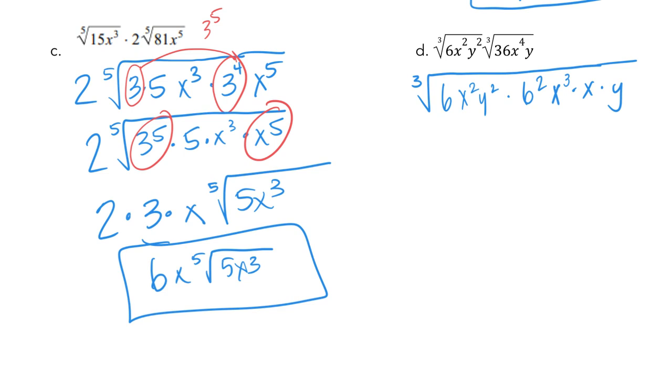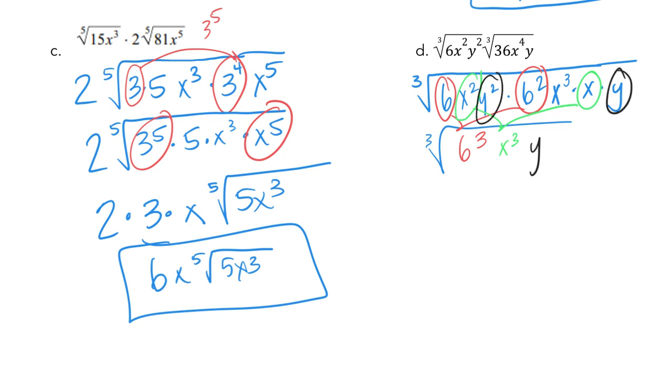Okay, now I have a couple of things that I can combine together to make perfect cubes. I have the 6 and the 6 squared. I can write as 6 cubed. I have the x squared and this x, which I can bring down and call that x cubed. And I also have this y squared and this y to be y cubed. And then what's left? There's just that one more x cubed underneath the root. So now that these are all perfect cubes,